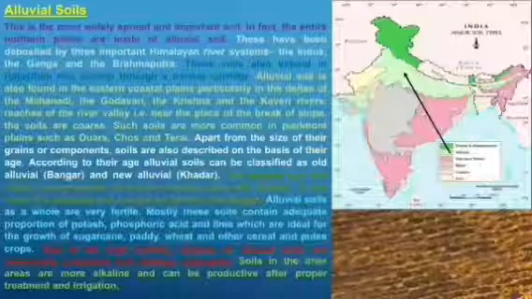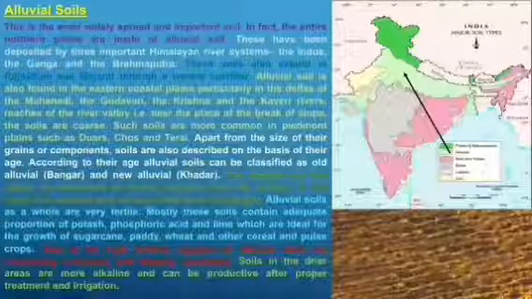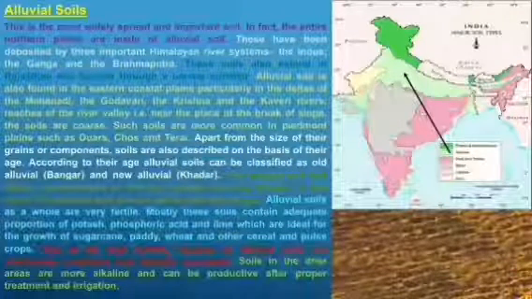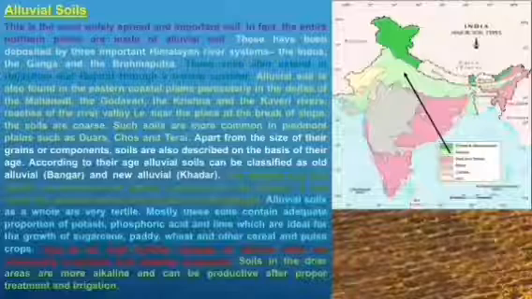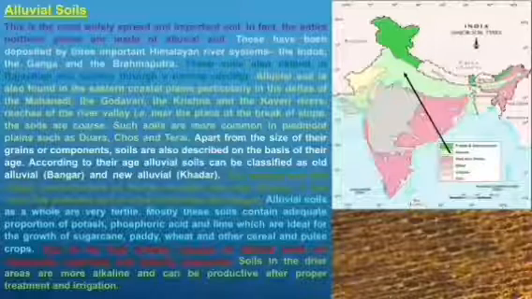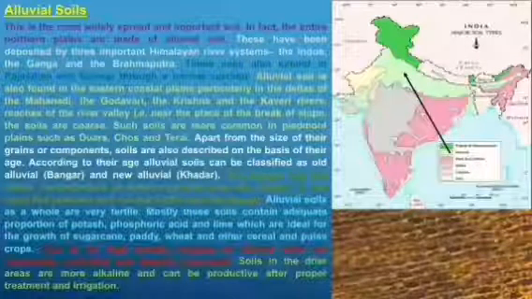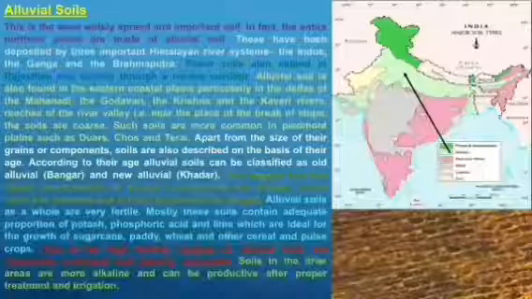As I already told you, on the basis of age we discussed new soil and old soil. This alluvial soil is classified into two subtypes, that is Khadar and Bangar. You know, Khadar is close to the river, and Bangar is far away from the river. In Khadar the particles are very small like clay, and in Bangar the particles are coarse or big, which is far away from the river coast.